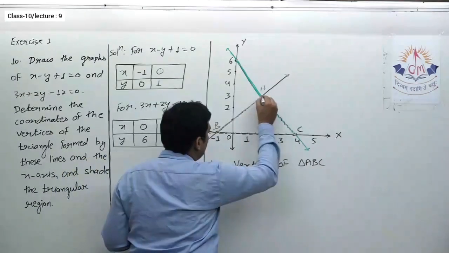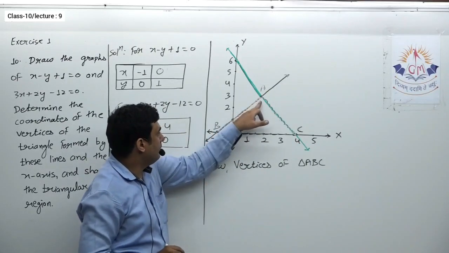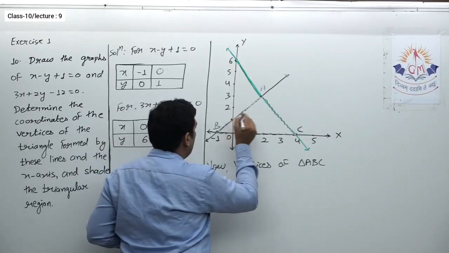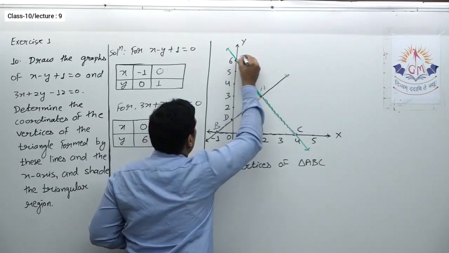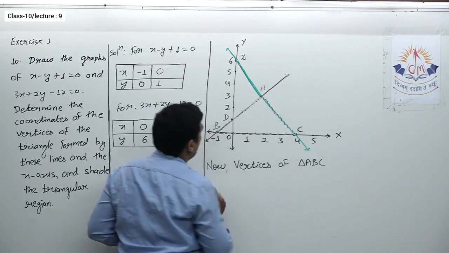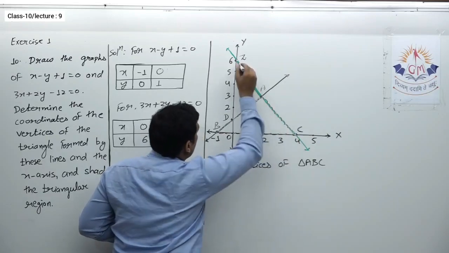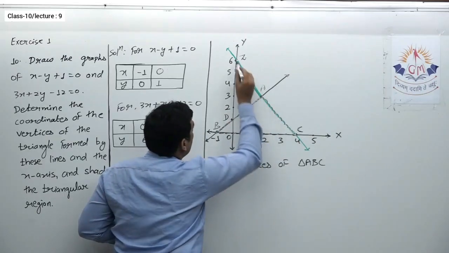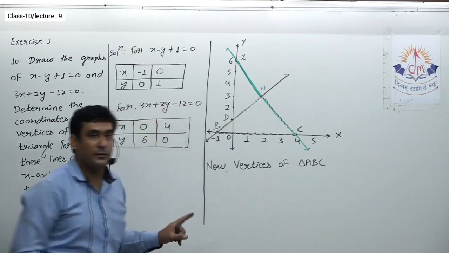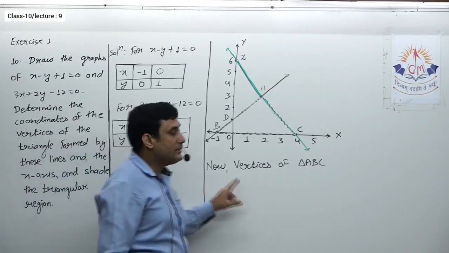Why did I take triangle ABC? See, if I name this point D, then there is one triangle AD and this. Let me name this point D, this point Z, and this is already O. So here one triangle is triangle ABC, another triangle is DAZ, and the third triangle is BOD. So there are three triangles which we are getting over here. You have to take care of which triangle they are asking.